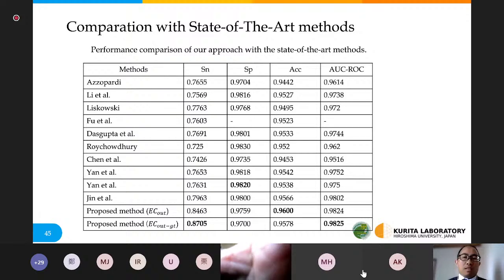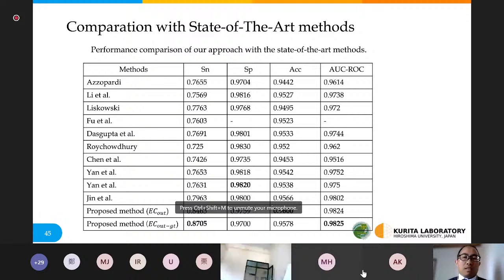For example, here ROC achieved 98%, and using the Euler characteristic in prediction and ground truth image, we achieved an ROC of around 98%.